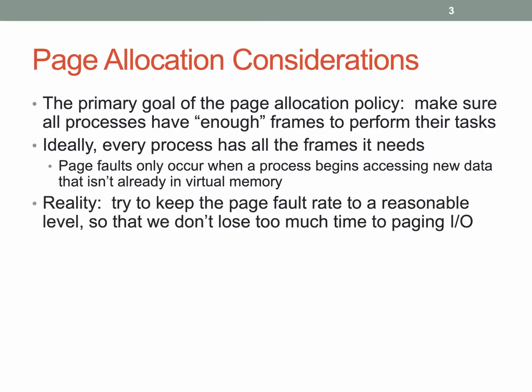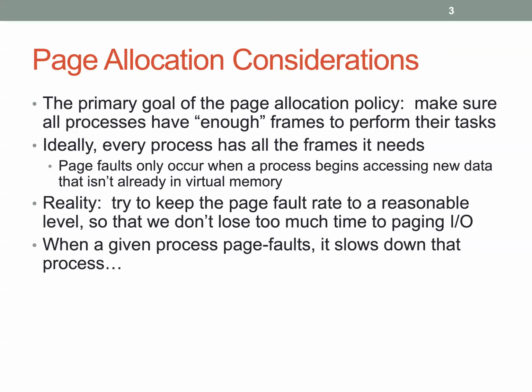that's not reality. Reality is far more limited than that. And so we'd like to do more work with fewer resources. Generally what we try to do is keep the page fault rate to something that's not horrible. That's kind of the goal. It turns out that there is a level at which it's horrible, and we'll talk about that pretty much right away. So given a process page faults, it slows down that process because